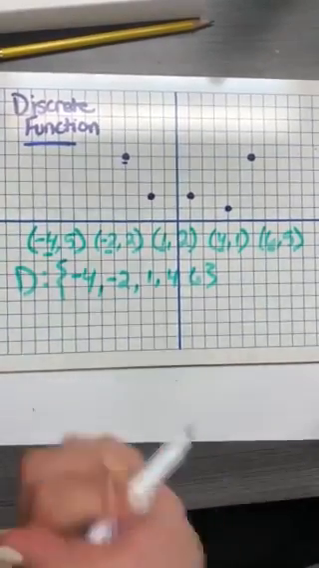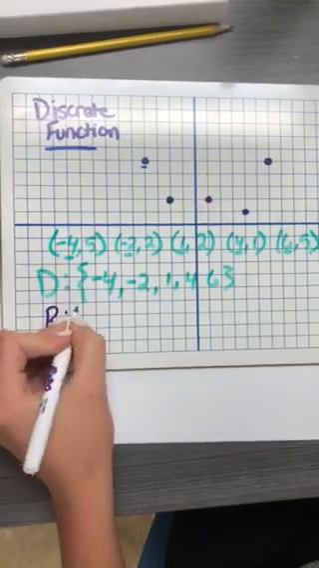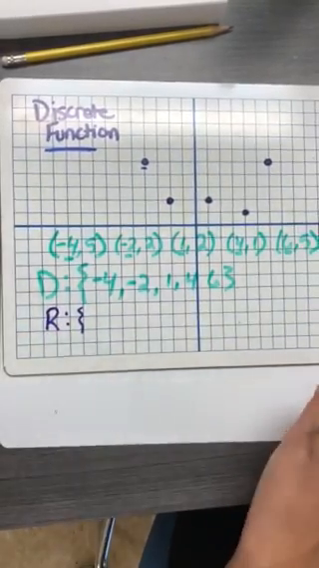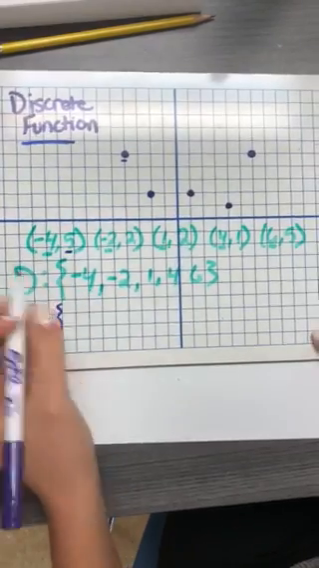All right, let's do our range. Our range, writing the same way, R for range, starting with the bracket. Range is our y values. So let's go through and pick out our y values. So we start with 5,